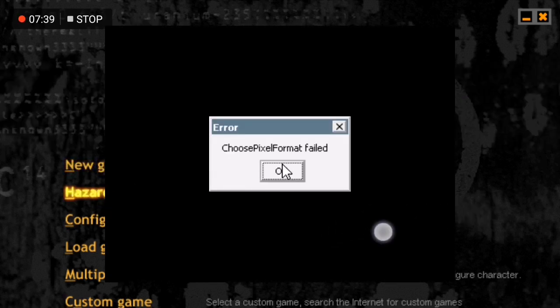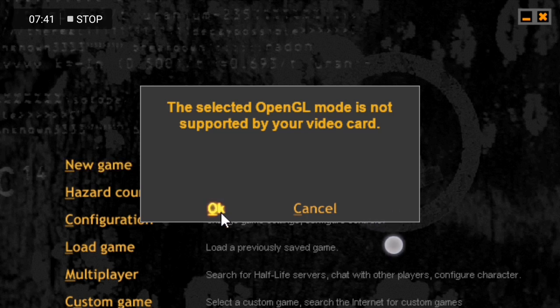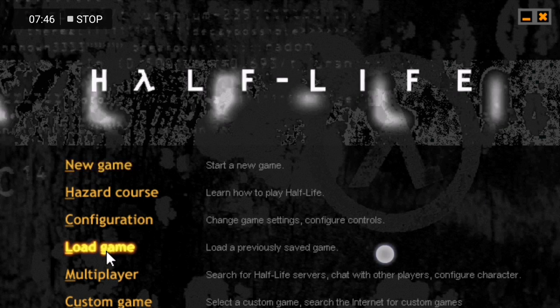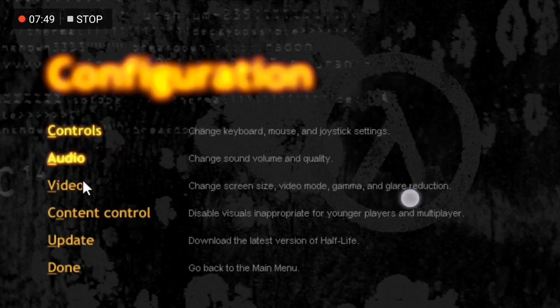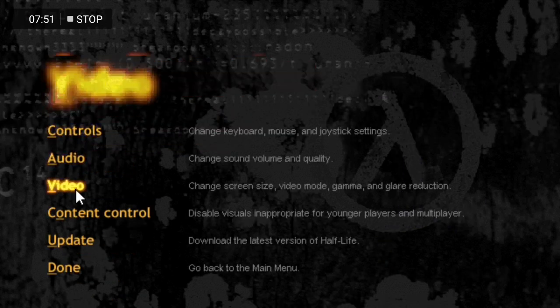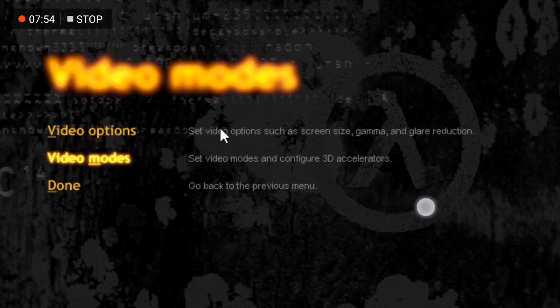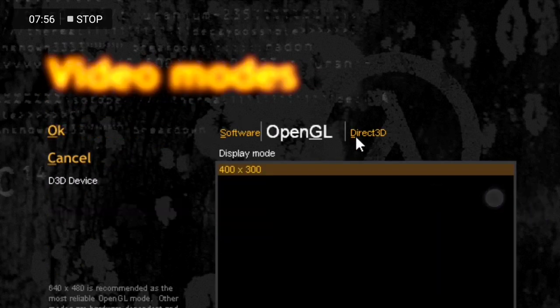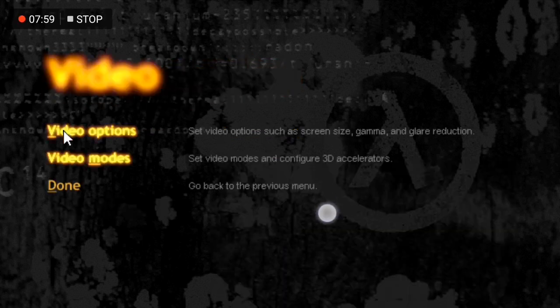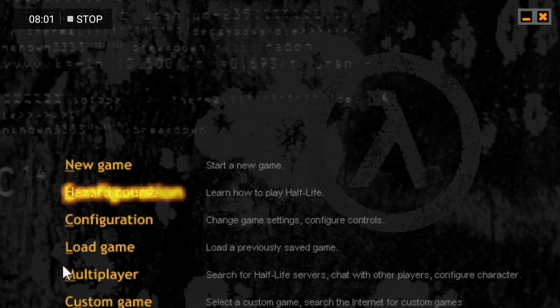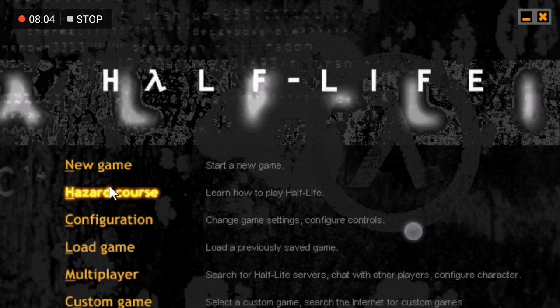Choose pixel format failed. That's great. Selected OpenGL mode is not supported by your video card. Oh well. We'll try the Direct3D because we were on software before. Although I doubt Direct3D will be any better. Hazard course. Well, I saw a Direct3D error. But